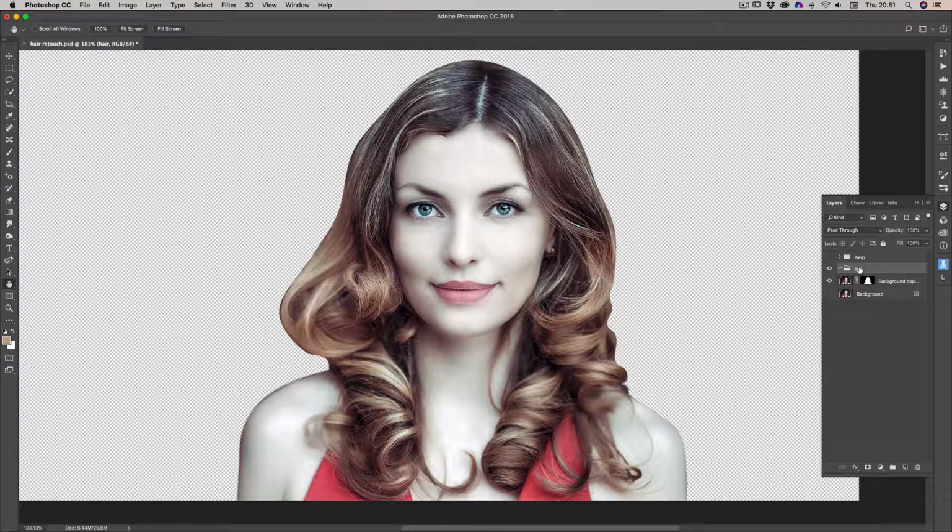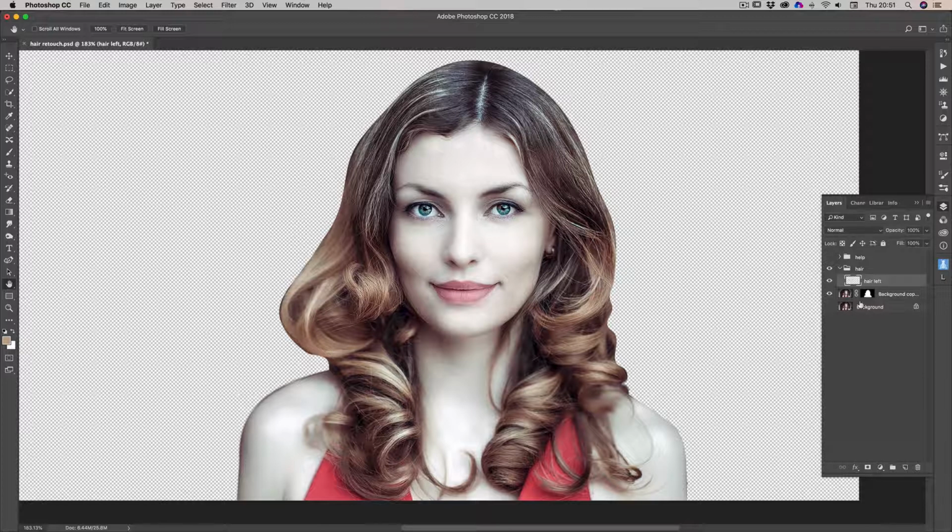Okay, so what we do next is making sure that this is open. So make sure that the arrow is pointing down and you can see the folder open there. We click on new layer, and I'm going to call this hair left. And by that I mean when we're looking at the image, we're looking at the left hand side of the image down here, and I'm going to use this layer to draw some, maybe not all, but some of the hair